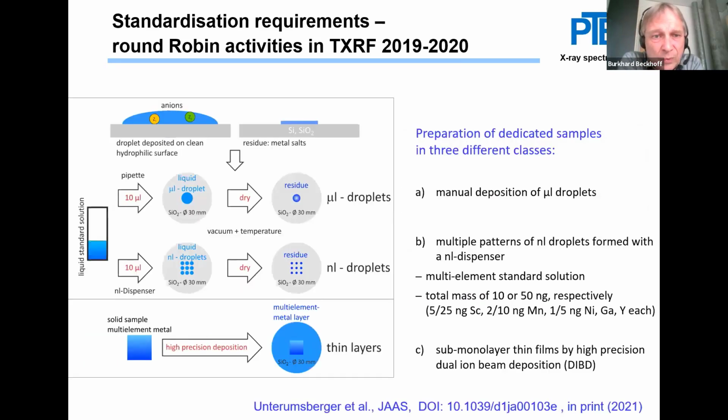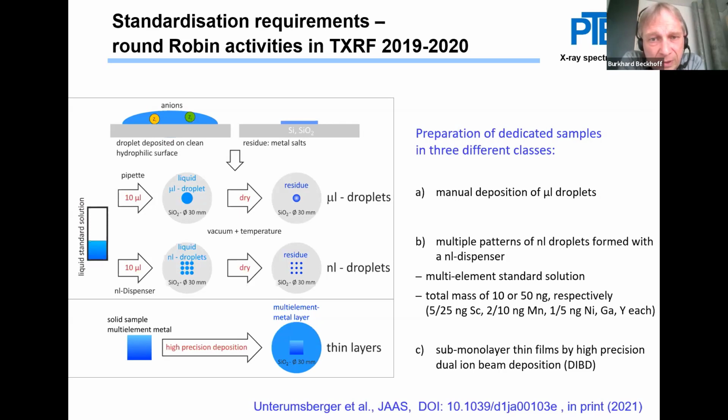And this was one of the reasons why we decided to do a round-robin activity that was financed by the German Ministry of Economy, but included international participation from France and Japan